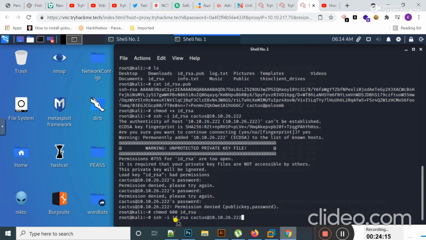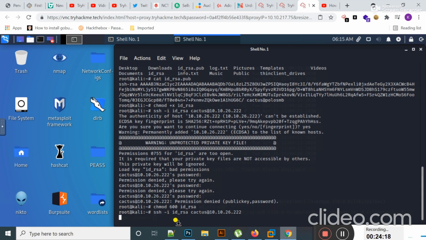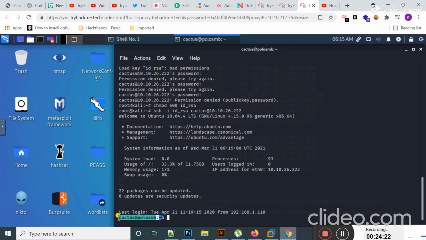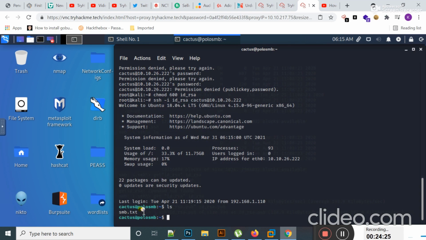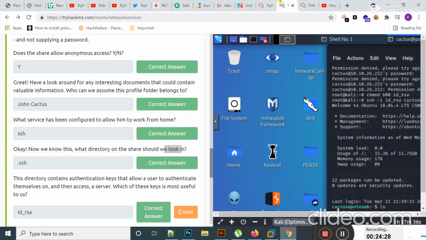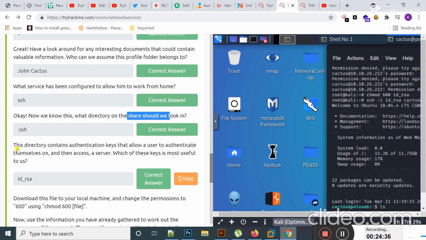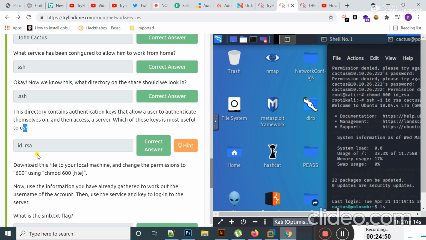Now I'm going to ssh -i id_rsa and the username cactus at the rate of IP address 10.10.26.222 and hit enter. Yes, and hit enter.